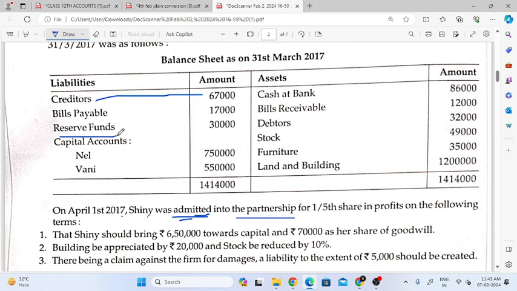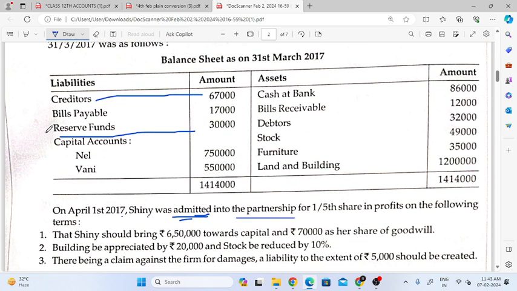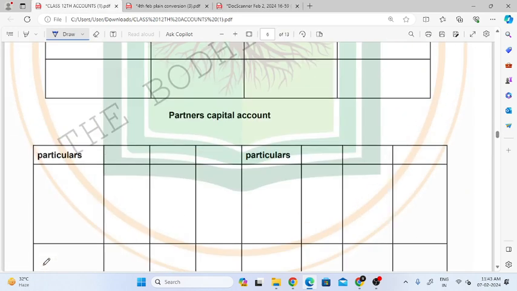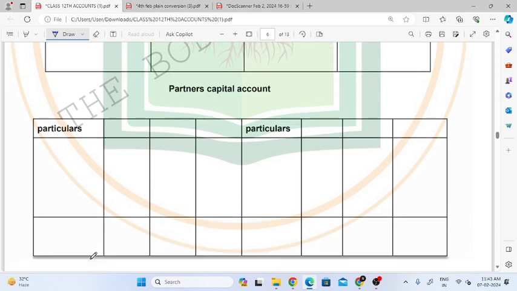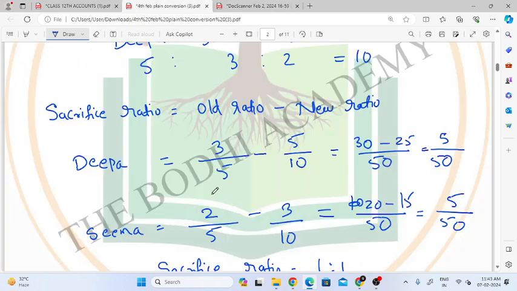Then the next, reserve fund. What we do with regards to this is we distribute it among the partners in their old ratio. So where do we take the reserve fund? We take it on the partners' capital account. We distribute among the partners, right? Now for the reserve fund they have given the amount as 30,000. Since we distribute in the old ratio, I'll just do the working